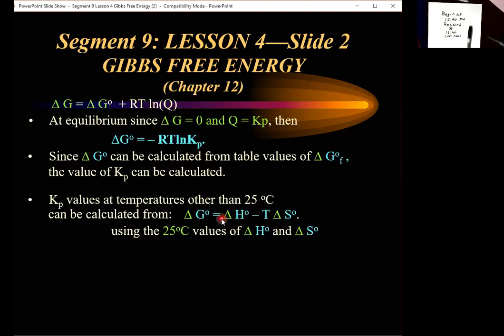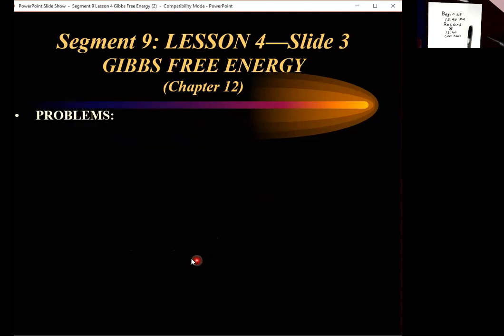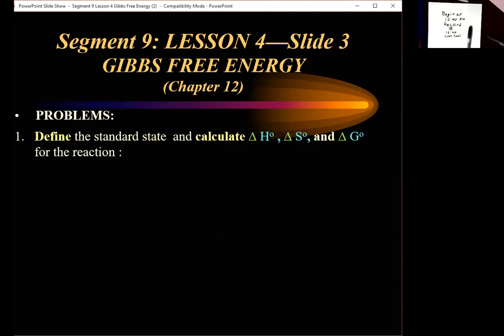So what we can do is use the delta H and delta S values directly out of the table again for 25 degrees. We can put these values in from that table calculation and our new temperature here, and we get a pretty good estimate of delta G at some other temperature. So we are using the delta H and delta S from the tables at 25 degrees and calculating delta G at some temperature other than 25 degrees. We put our new temperature in kelvins in and get delta G at a higher or different temperature. Okay, now,